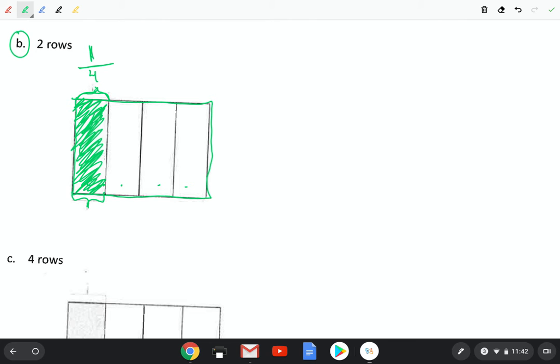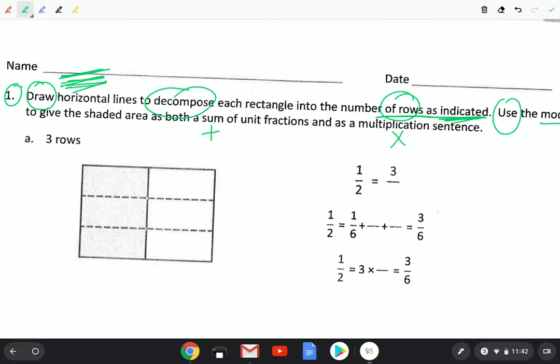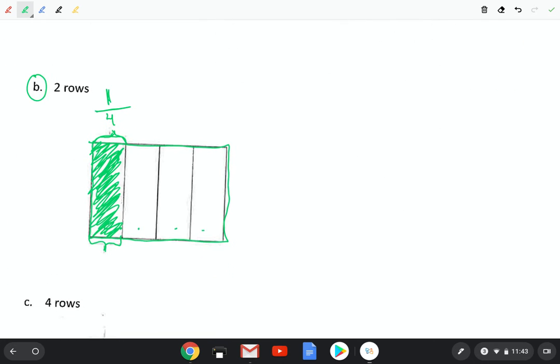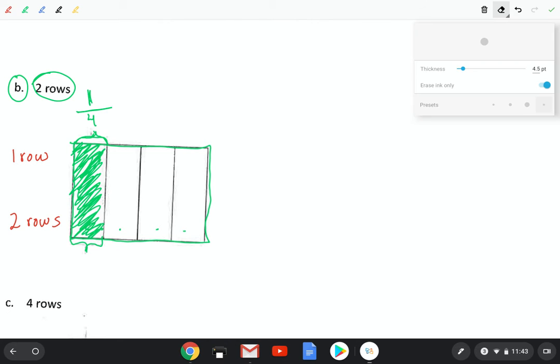Name the unit. Now that I named the unit that I am starting out with, let me go ahead and do the task, which is to draw horizontal lines to make the number of rows that they are indicating, okay? B indicates that I should make 2 rows, not 2 lines, but I need to make 2 rows. So then I need to decide if I need 2 rows, as in 1 row, 2 rows. I'm going to put another row in there. That way I can clearly see that it's